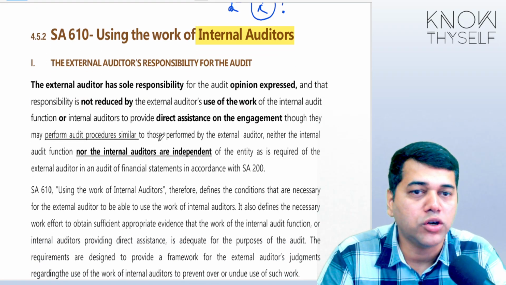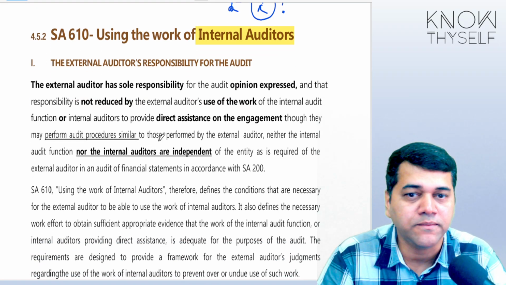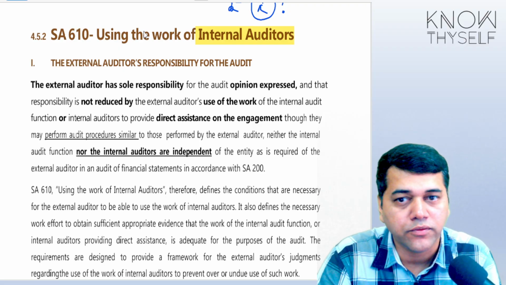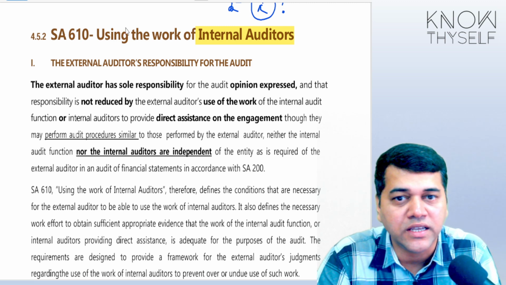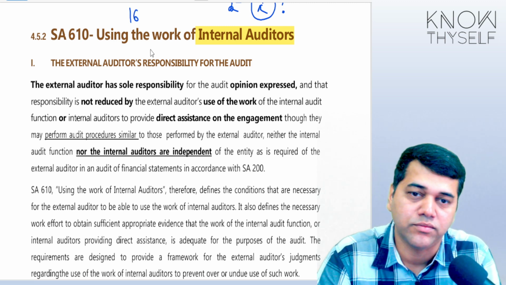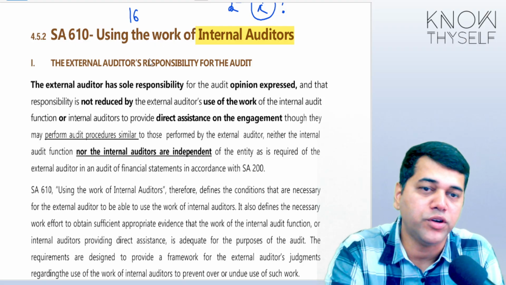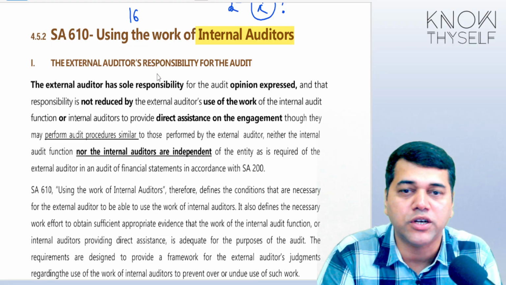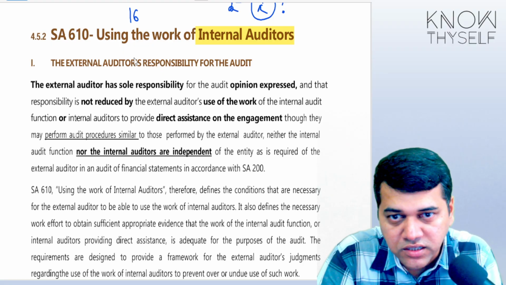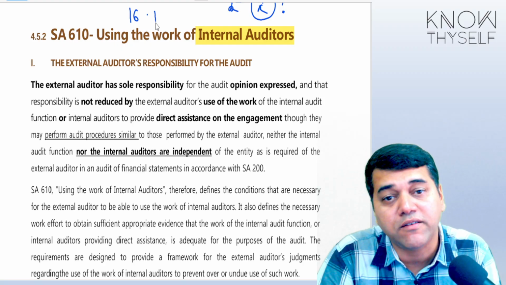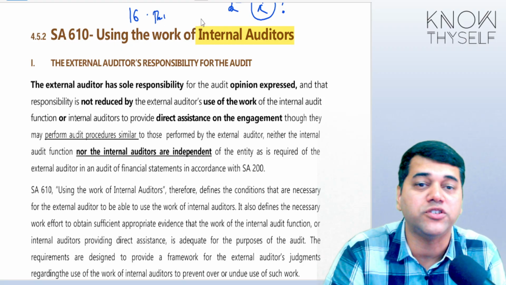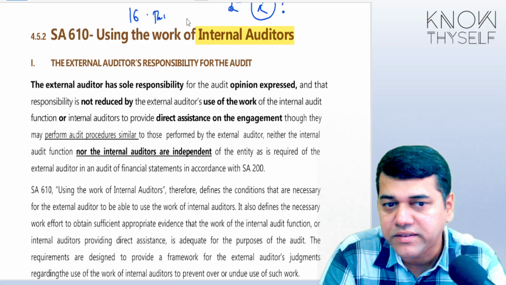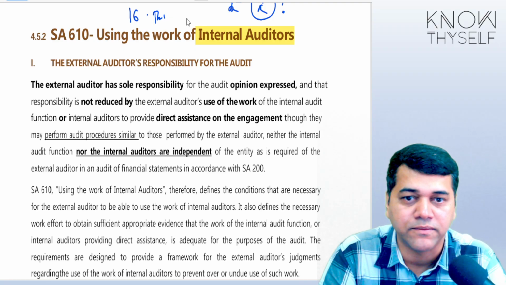Yes, so now we'll move on to the standard SA 610, and I hope you have got study material volume 2 also. Simultaneously, we have to study chapter number 16 along with this, because some components have been given there. In this chapter they have not asked any test your knowledge questions, but in chapter number 16 they have asked so many. Anyhow, there is overlapping and there is something different. We will see that together and let us have that clarity.